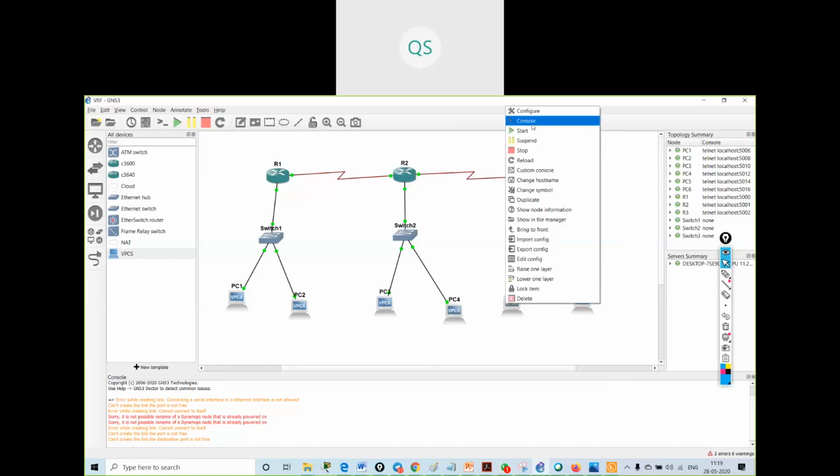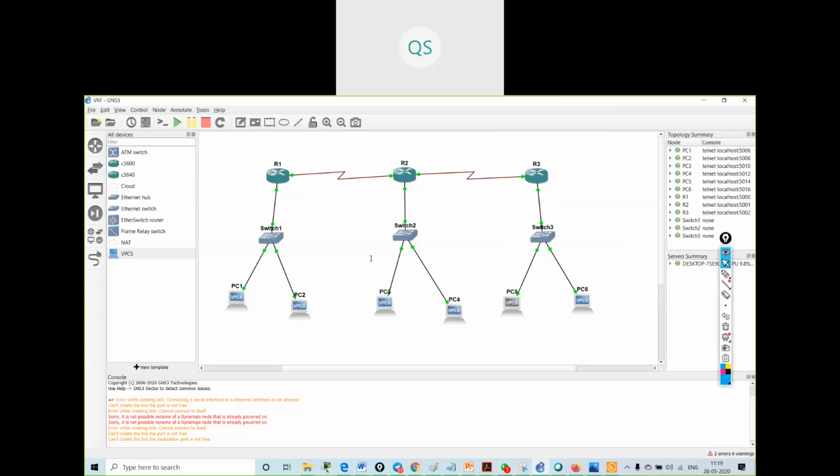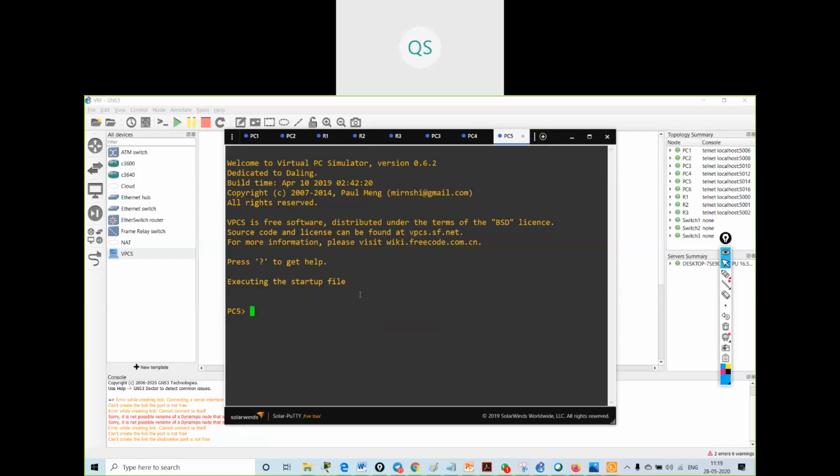PC5: IP 192.168.3.1, 255.255.255.0, gateway 192.168.3.100.